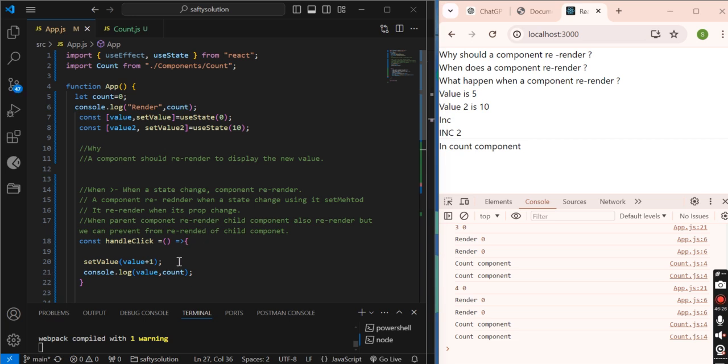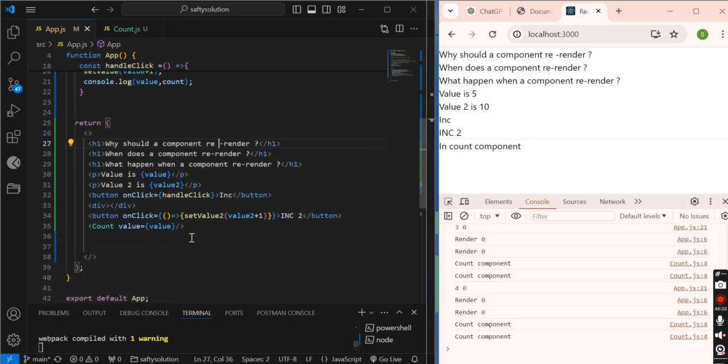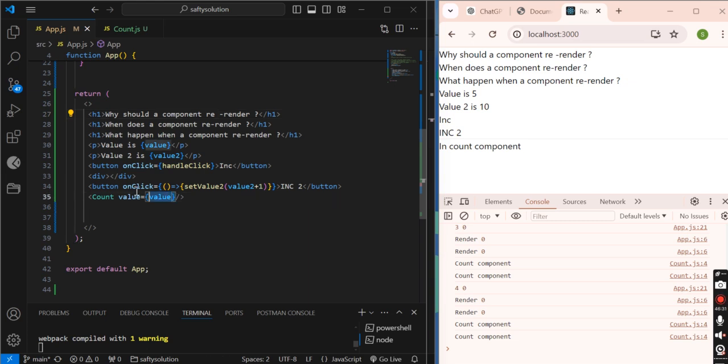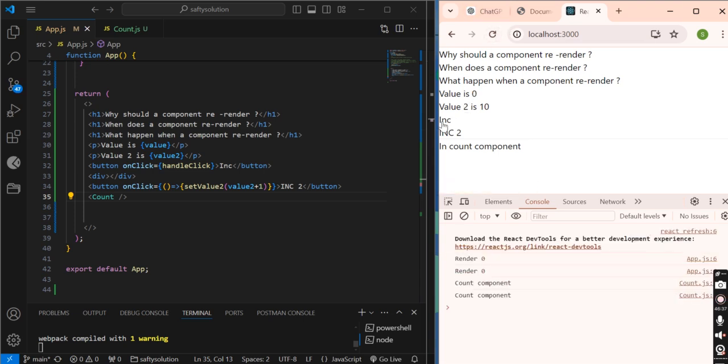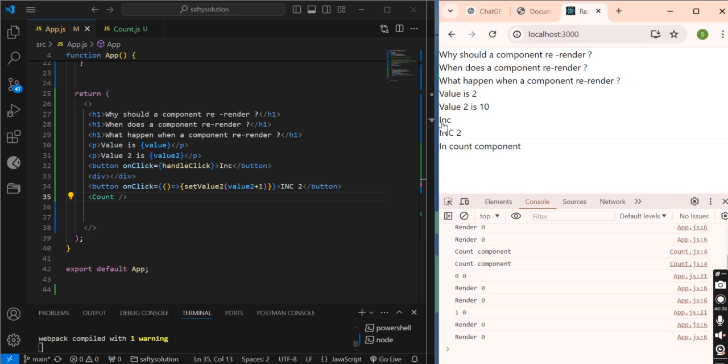Let me check where it is, this one. Okay, so let's see, here I am clicking, this value is increasing. When I am clicking here, its second value is increasing, completely fine.